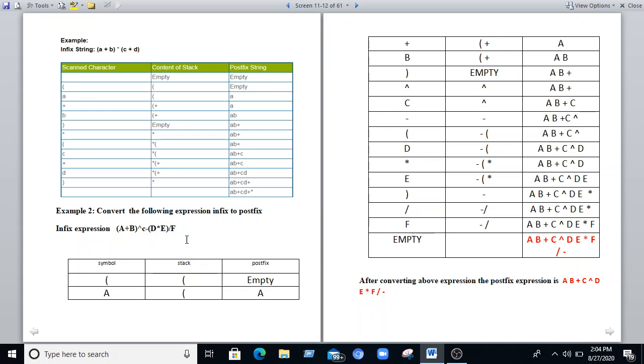After that we'll read the next element F. F can be stored in the string, and slash can be popped from the stack and placed into the string. The final postfix expression is A B plus C caret D E star F slash minus.